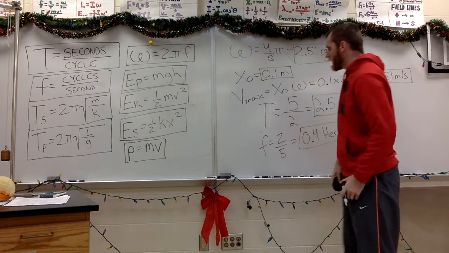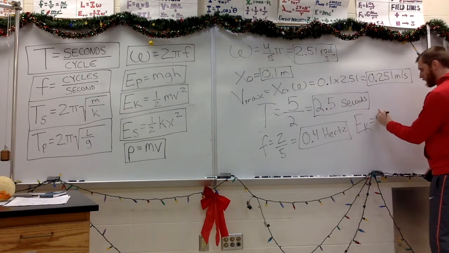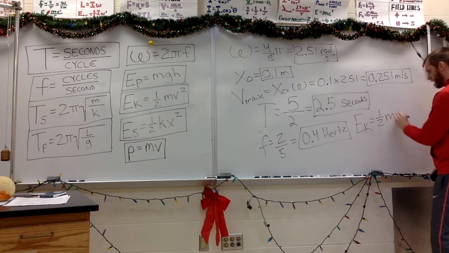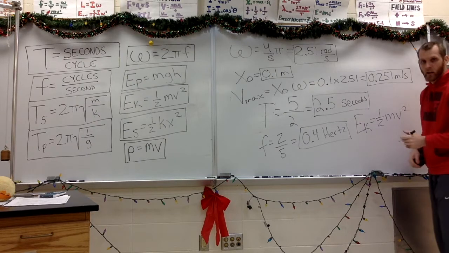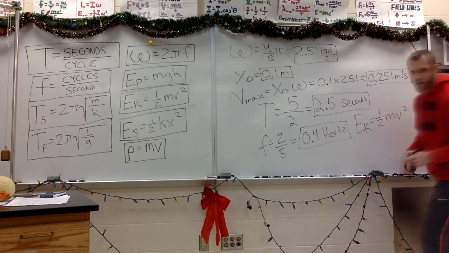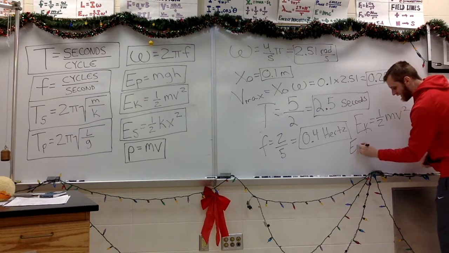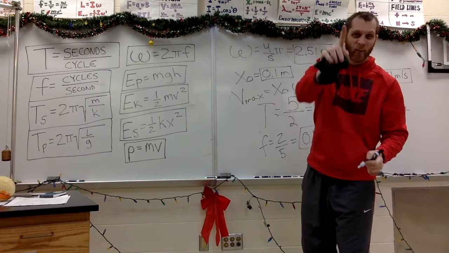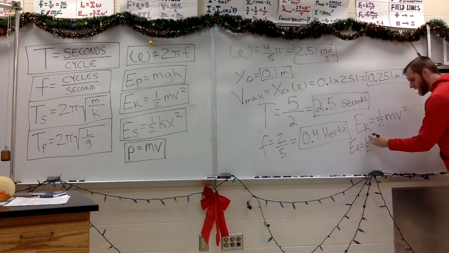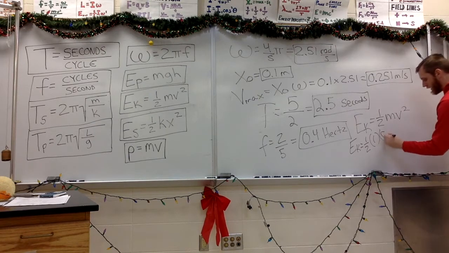Well, the maximum kinetic energy, I can calculate that. EK is 1/2 mv squared. So, EK is equal to 1/2 times the mass, which is 1 kilogram, times our velocity of 0.251